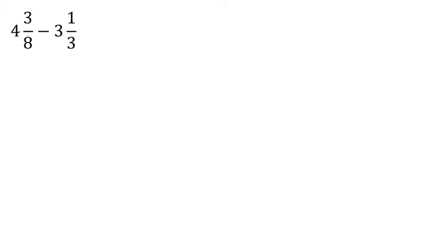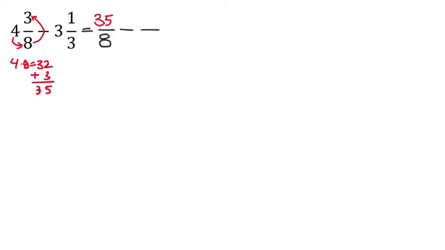So first up, let's go ahead and change the 4 and 3/8 into an improper fraction. Again, I wish I remembered to do this more often, but I like to set this up first so I can just fill in the blanks as we go, right? I know it's subtraction. I know I'm going to end up with 2 improper fractions, so no need for mixed numbers. So 4 times 8 in cycle method, that'd be 32. And then cycle up to the 3, that means we're going to add that 3 there. 2 plus 3 is 5, then just bring down the 3, makes that numerator 35. So I have now 35/8,